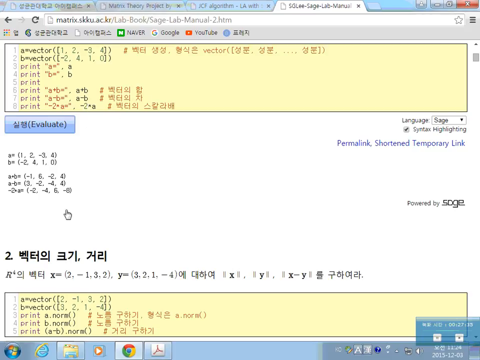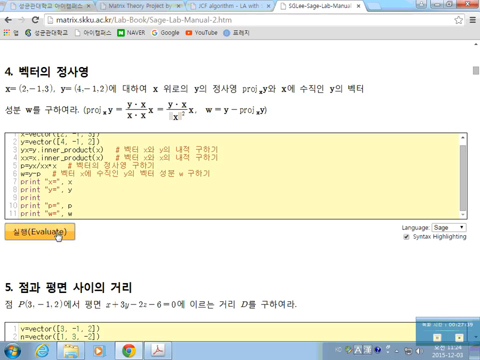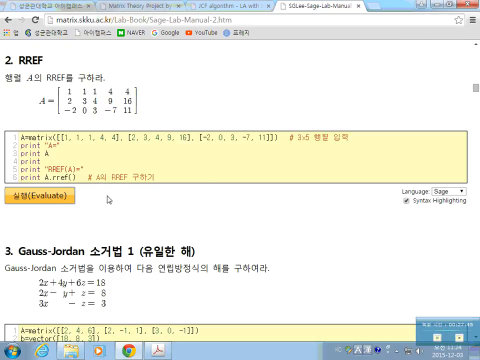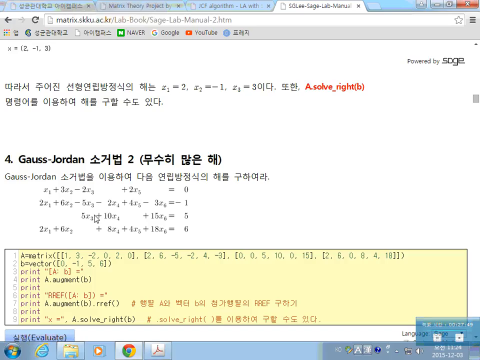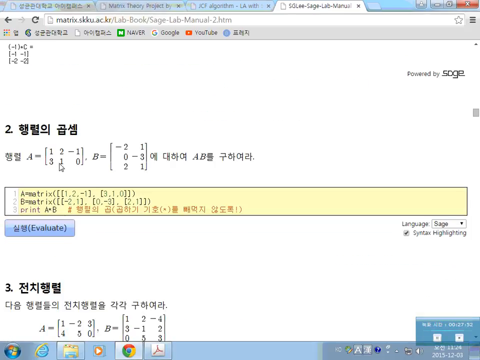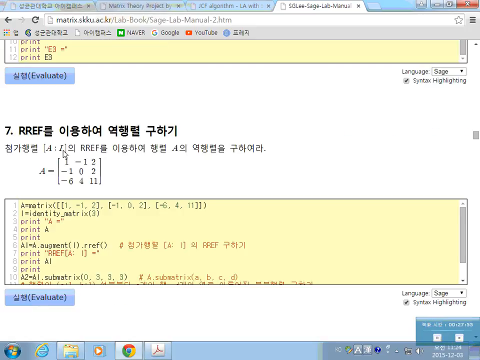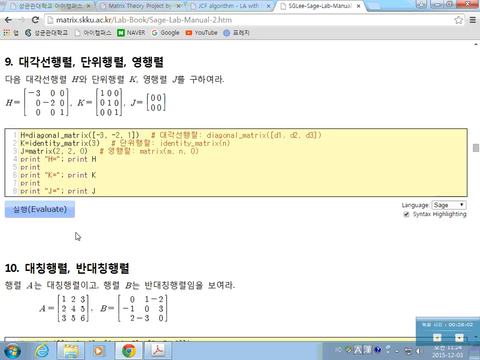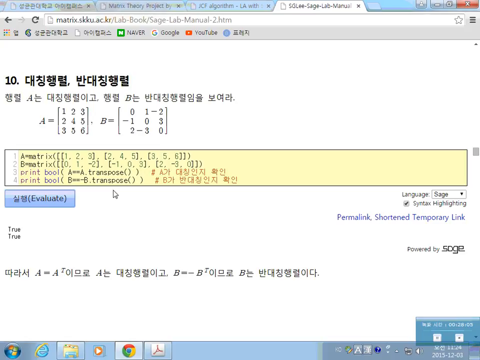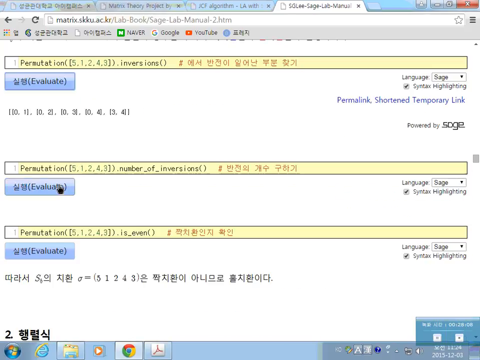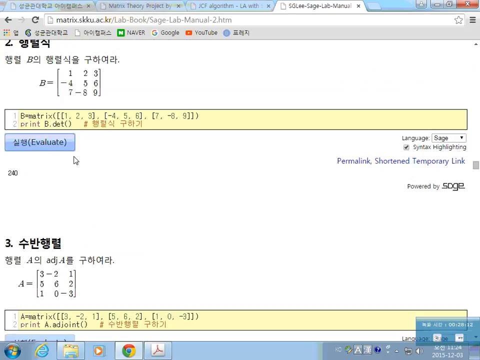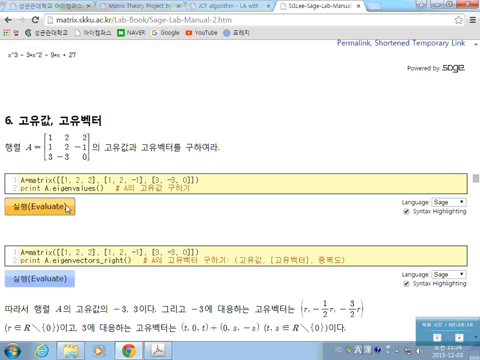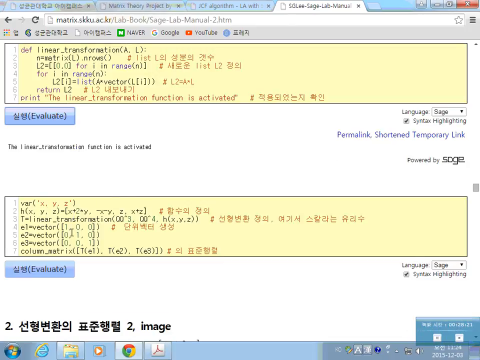Here, the inner product and norms, and inner product and projections, and distance between the lines, and linear system of equations, finding RREF, and do the Gauss-Jordan eliminations, and the matrix addition, product, transpose, and inverse, finding inverse by RREF, and solving linear system of equations by RREF, and special matrices, symmetric matrix, or the skew symmetric matrices, find the permutations, even permutation, odd permutations, and finding determinant, finding the adjoint, and find the inverse, find the characteristic polynomials, eigenvalues, and finding the linear transformation of